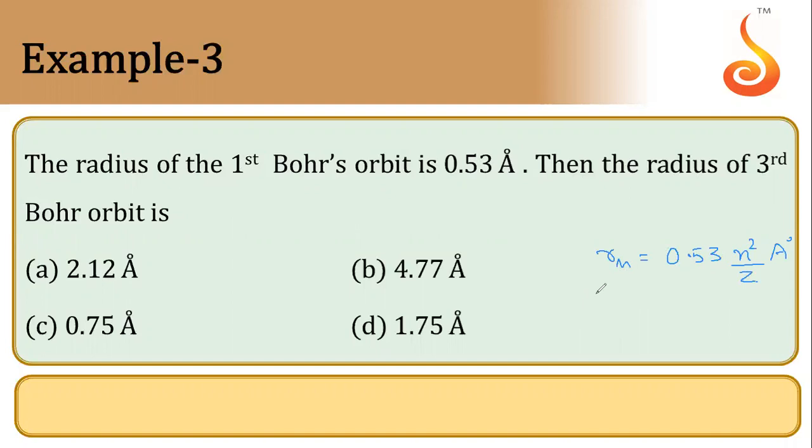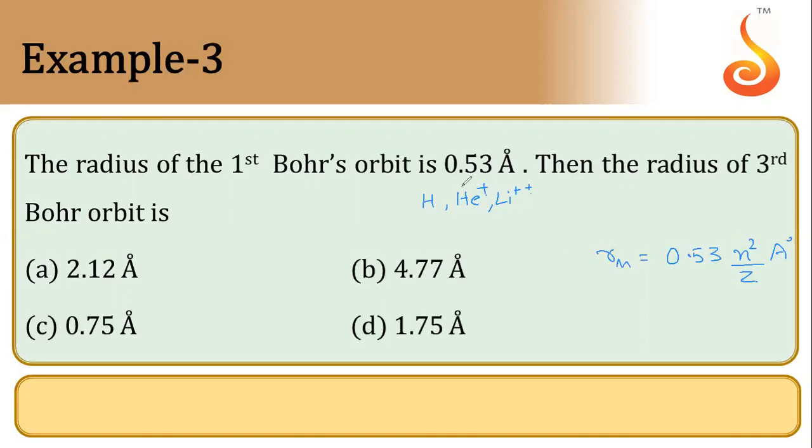But one thing about Bohr's orbit is that it is only applicable for single electron systems. Hydrogen, we can apply, and also helium plus. In helium, 2 electrons should be there, but in helium plus, there will be 1 electron. Lithium plus plus: lithium's atomic number is 3, so 3 electrons should be there, but since it is lithium plus plus, only 1 electron will be there. So for all these cases, Bohr's formula is applicable.